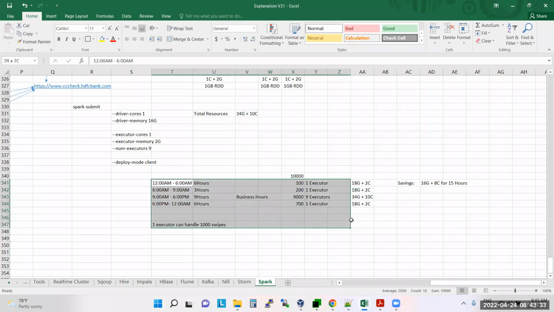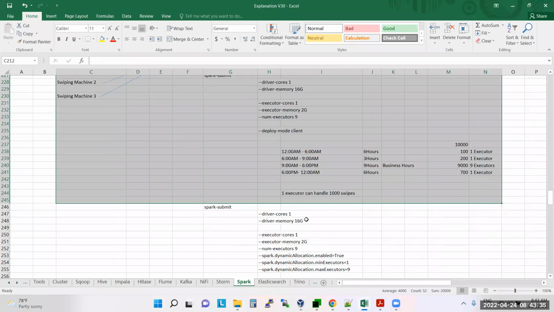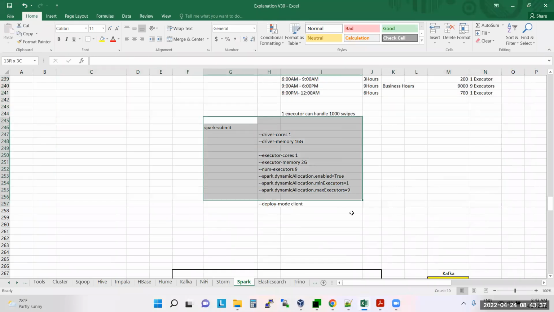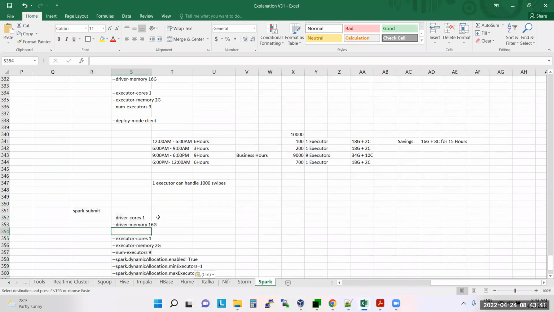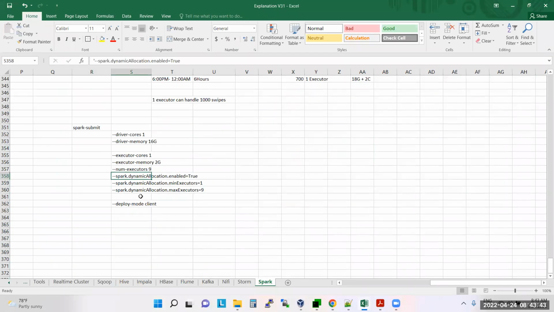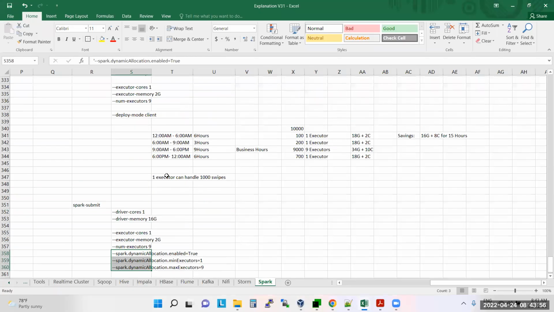Spark has introduced dynamic memory allocation, sir. When you enable dynamic memory allocation, it works like this. You will set Spark dynamic allocation equal to true, and the minimum executors and maximum executors. You will define these two properties. When you define these two properties, what will happen? Your driver will be